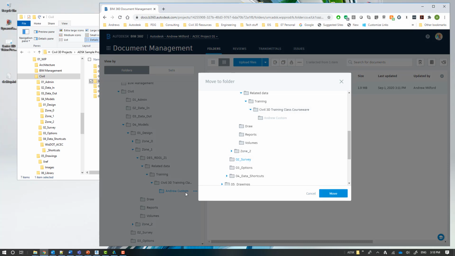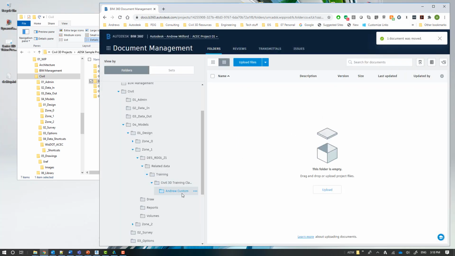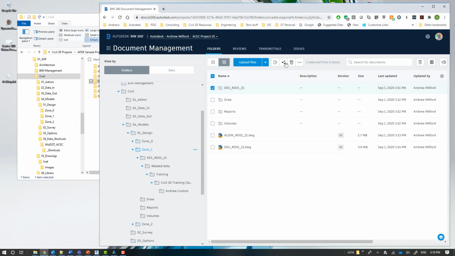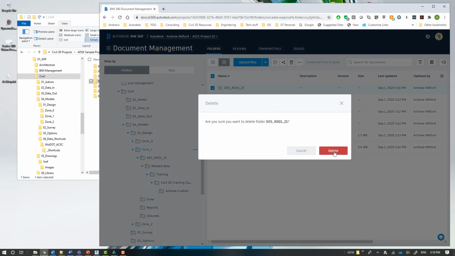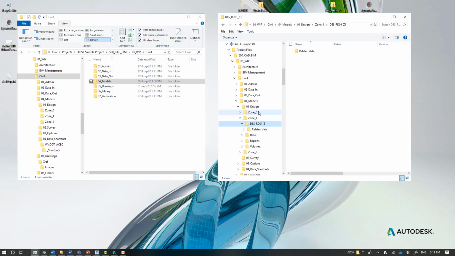And by doing that, BIM 360 for Civil understands that that XML file that we're moving is related to specific files, and it's going to go and repath once that's been moved. So now I can come back up. I can now select this folder and delete that. And lastly, we're now going to update